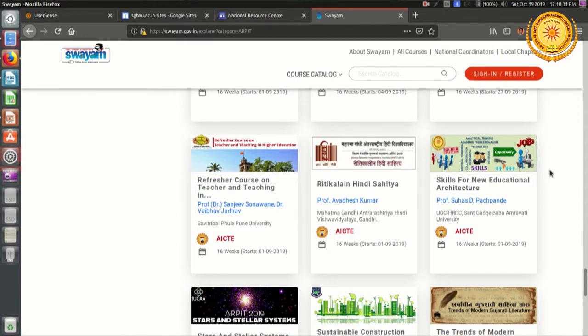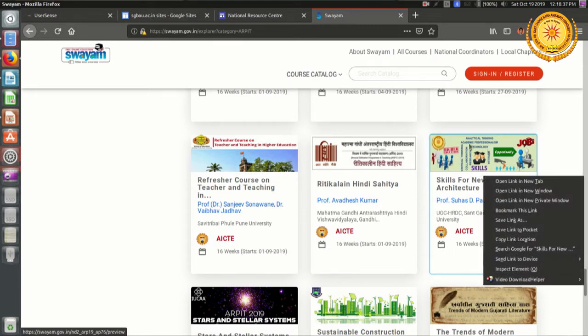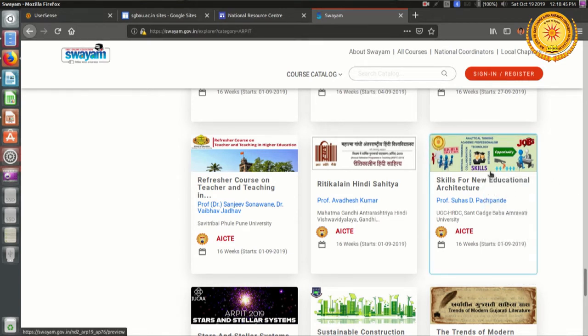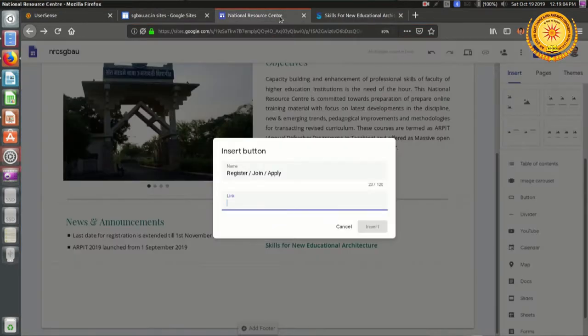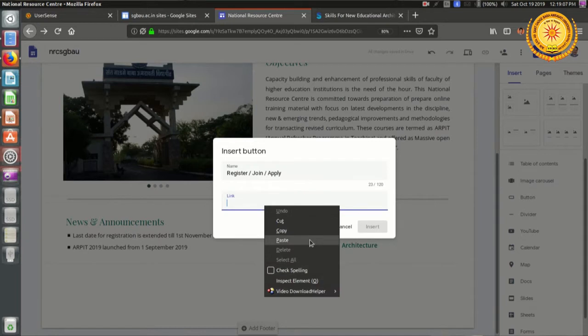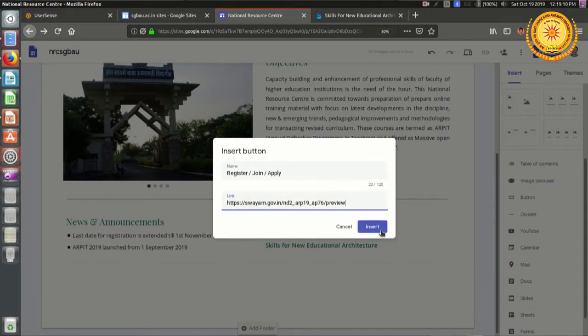There are two ways to copy the URL of this course. Either I will right click on this course name. So, here there is an option, copy link location. This is one way, or what I can do is I just have to open that web page, and when I open it here, just go to the address bar. It is shown with some URL. You select that URL, right click and say copy. So, this is how I have copied the URL of the course. Now, I have to just paste it here.